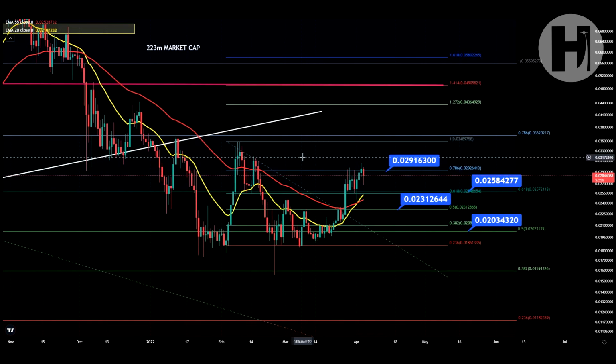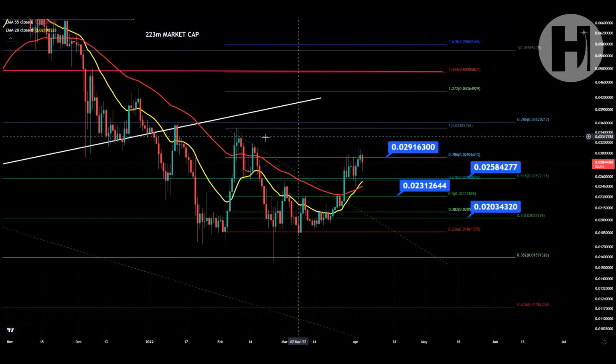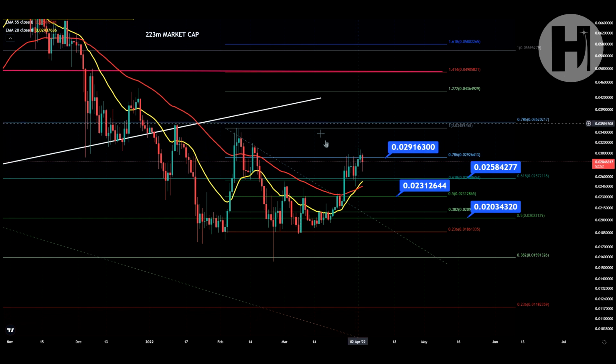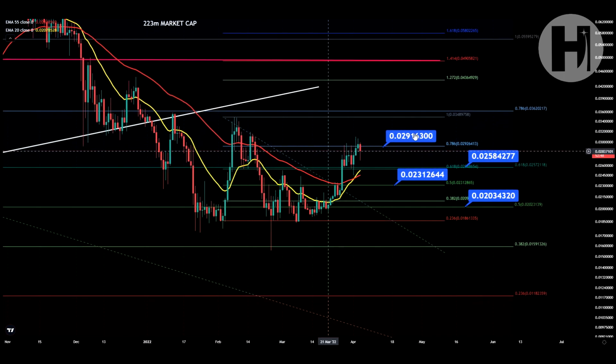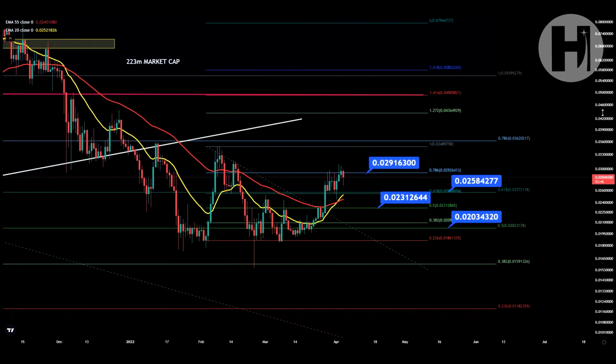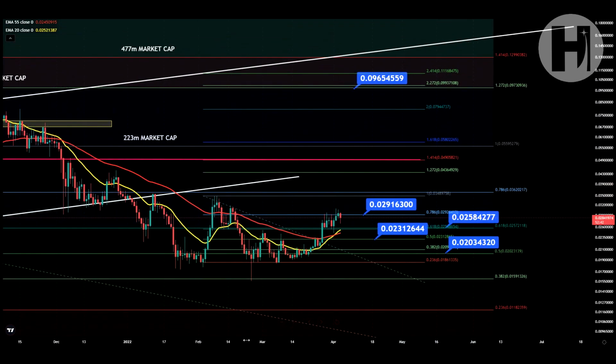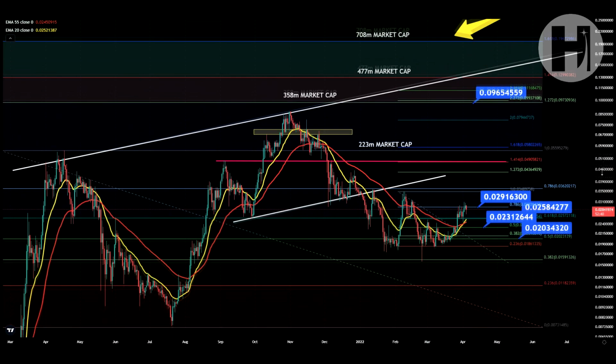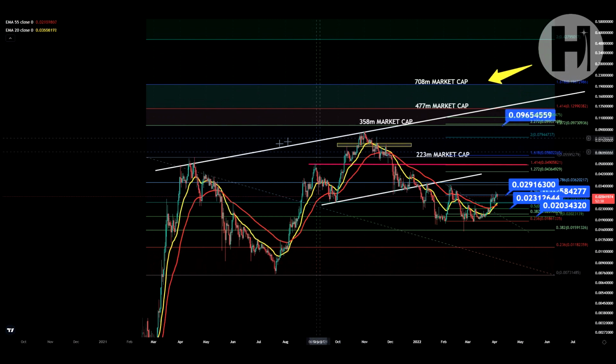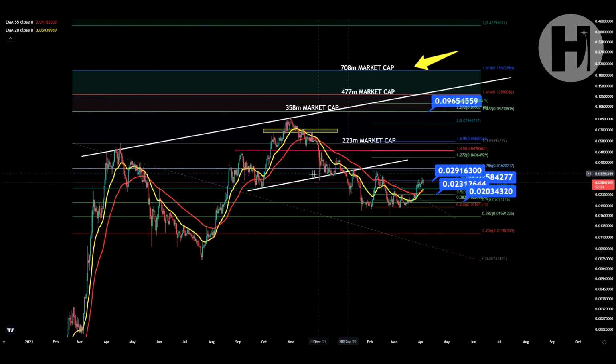Now, jumping into Verasity. So we are on the daily chart. This is TradingView. We're going to switch over to the KuCoin chart in a bit. But right now, we do have two Fibonacci retracements here. So I know it may seem a little confusing, but basically if I zoom out here, you have this large resistance trend line, and this white trend line was our support, but we lost it in January here,